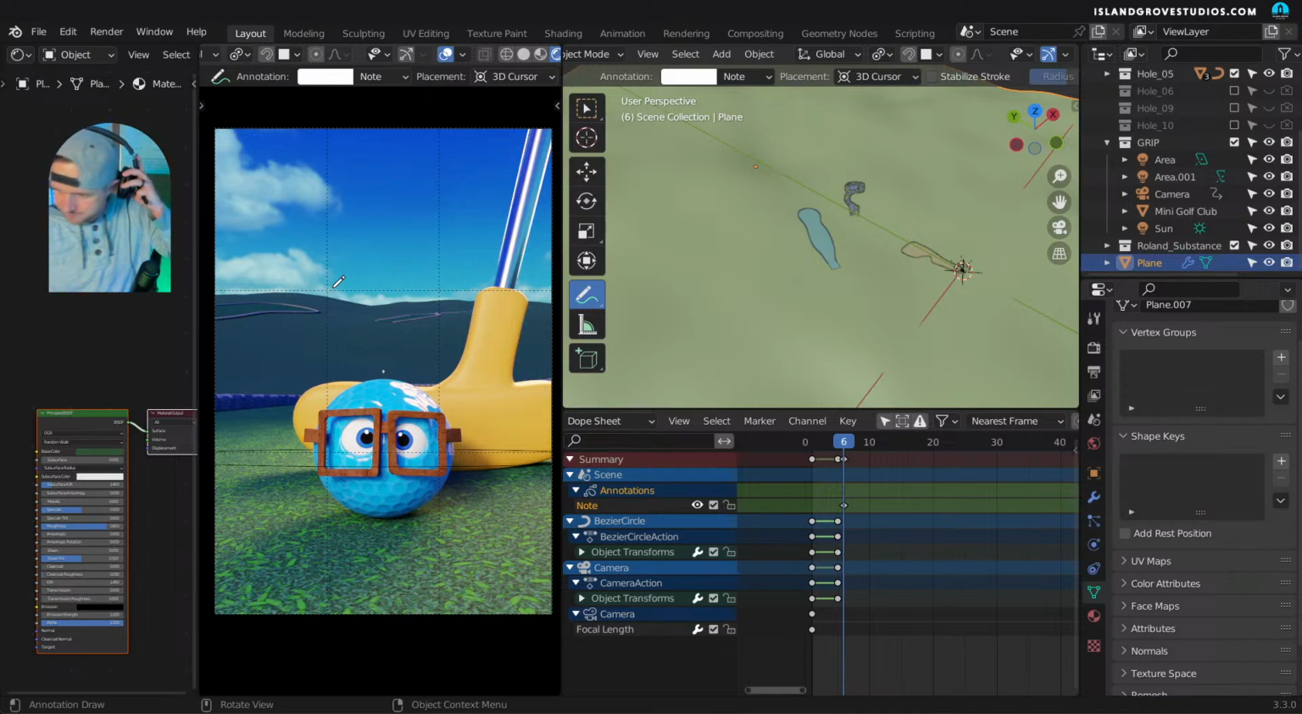Let me check the sound. And the shack over here with the mini. Cool. Okay, so